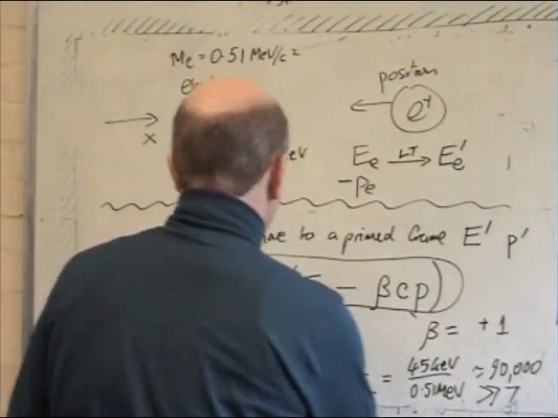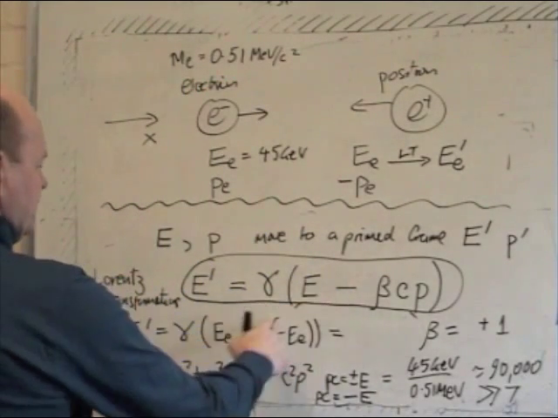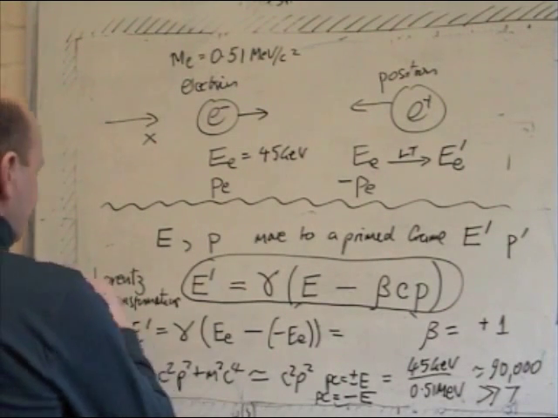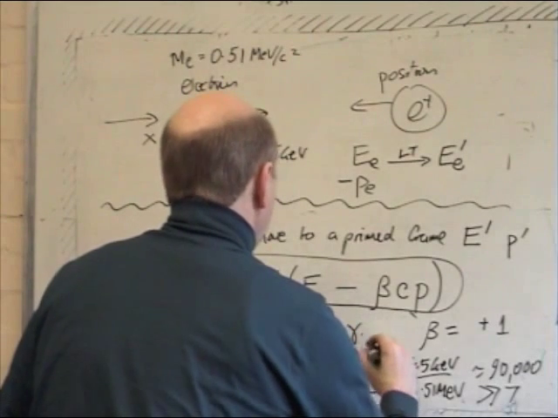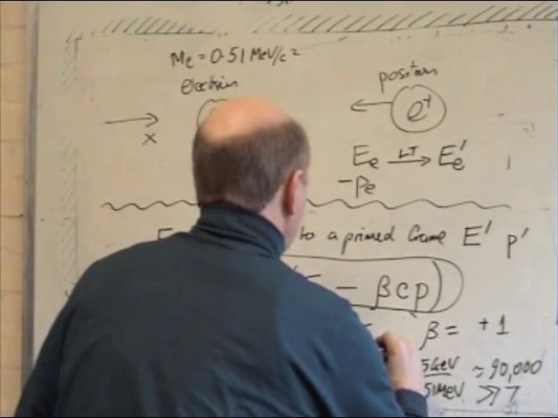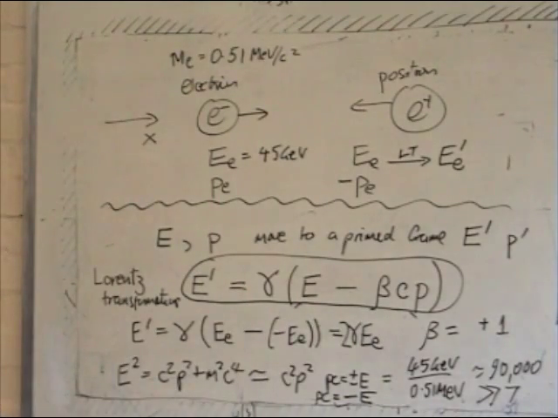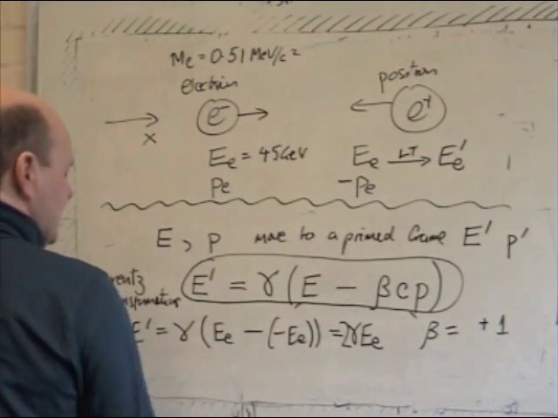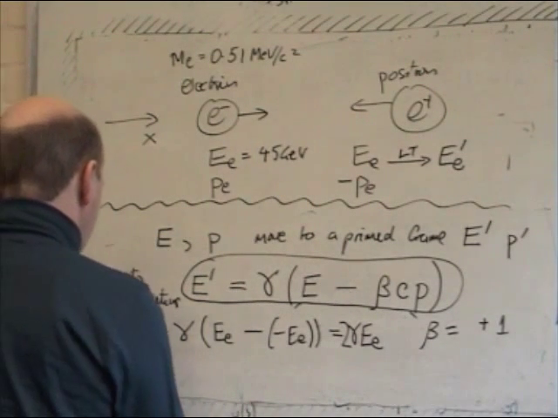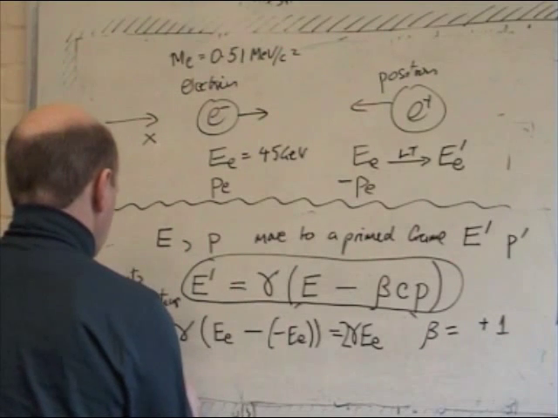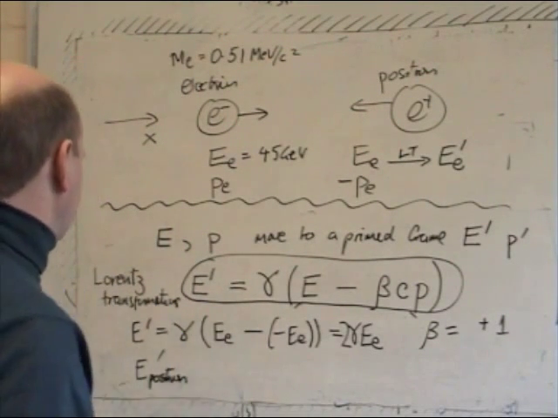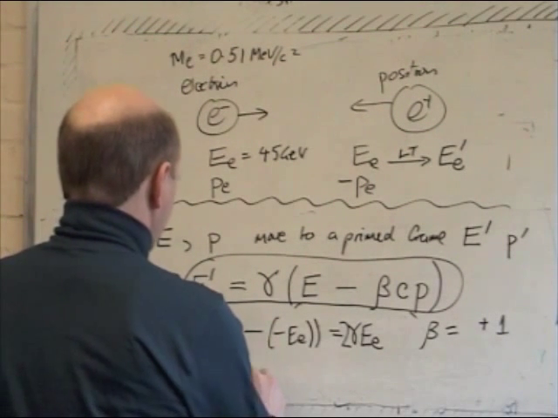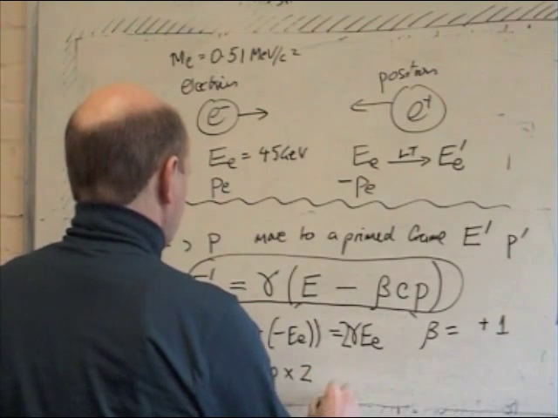And that means the minus sign here cancels with the minus sign from the original Lorentz transformation, and we get that the energy of the positron in the rest frame of the electron is gamma times 2 times the energy of the electron in the centre of mass frame. Okay, now that's going to be a remarkable result, because that factor of gamma, don't forget, is 90,000. So in this case, the energy of the positron in the lab frame, which in this case is the prime frame, the rest frame of the electron, which is the lab now, is 90,000 times 2 times